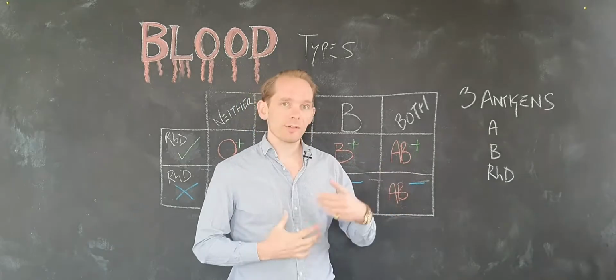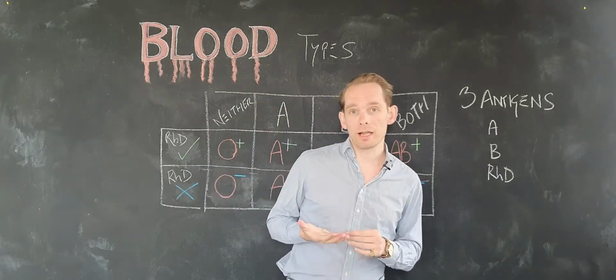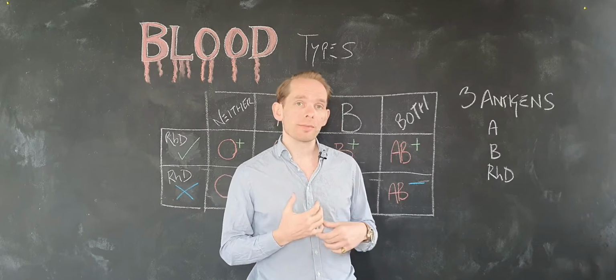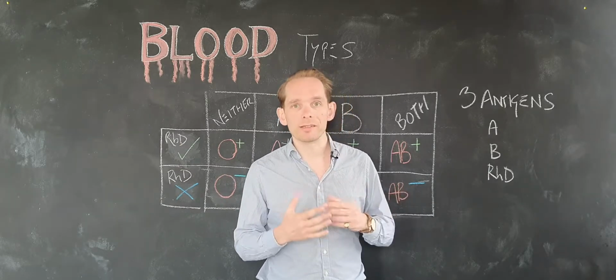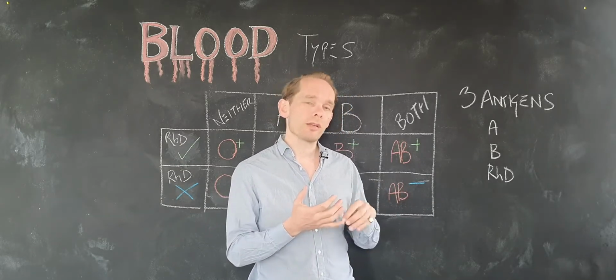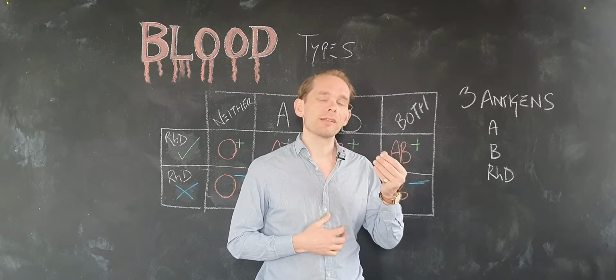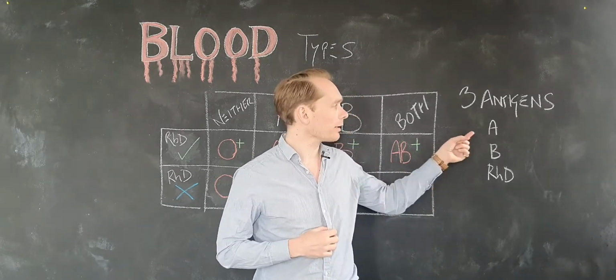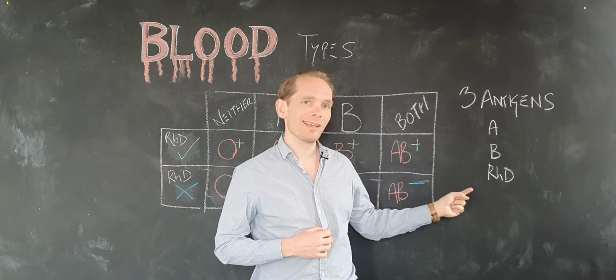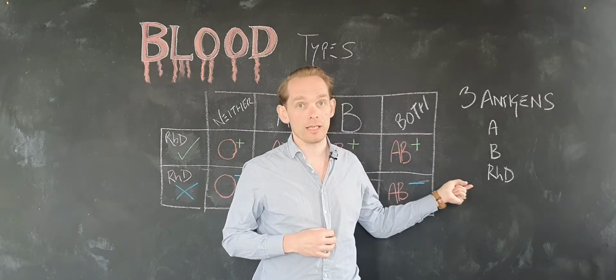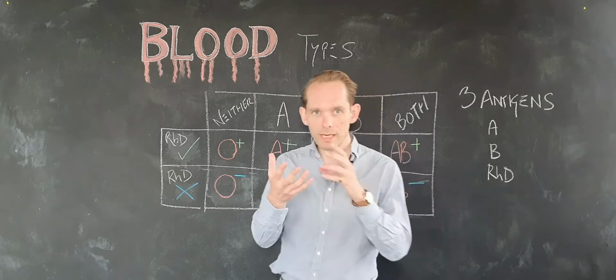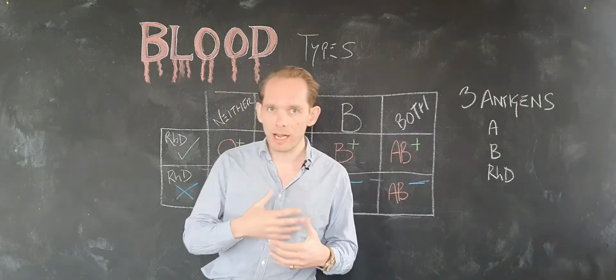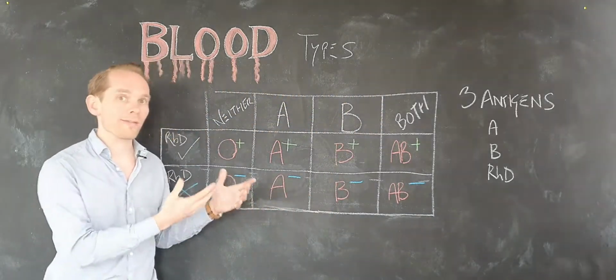So the reason we have different blood types is that they're inherited characteristics from our parents, and there are different types, A, B, and so on, you will have heard of. What it's talking about is the antigens, the proteins that are found on the surface of your red blood cells. And there are three that are at play here: the A antigen, the B antigen, and the Rhesus Factor, RHD antigen. You can have them in any combination, and that will end up creating one of 8 blood types for